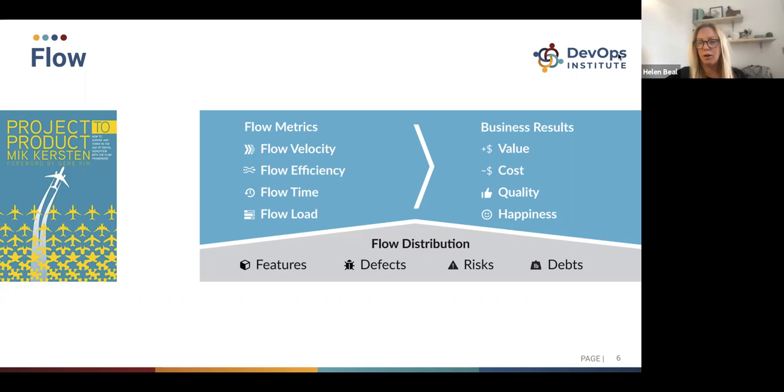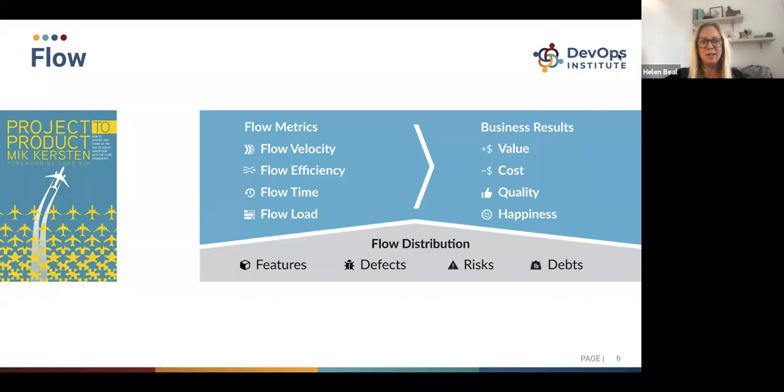This is telling us how long it takes us typically to get a new feature to our customer in our product and for them to receive the value in it. We can also look at other things like flow distribution. So there's 4 types of work in this suggested set of metrics, and I should tell you more about